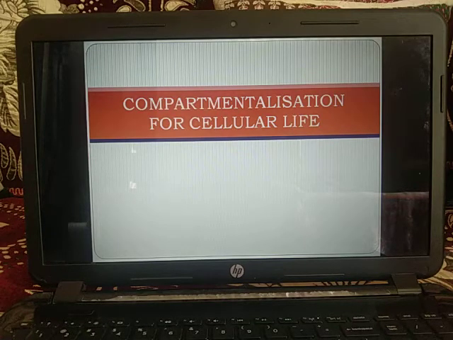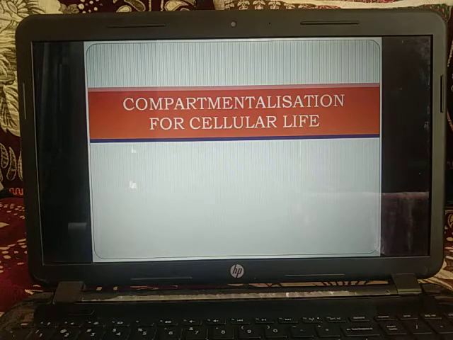Now next is selective permeability. A cell is not a closed compartment. Its plasma membrane is selectively permeable. That means it allows selective exchange of material between the cell interior and extracellular medium. The cell is thus able to maintain its internal composition quite different from that of the extracellular medium. Accumulation: most cells accumulate inorganic nutrients against their concentration gradient. Seaweeds have iodine in a concentration 2 million times the one present in sea water.